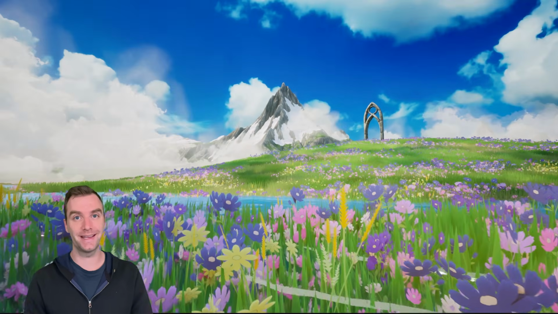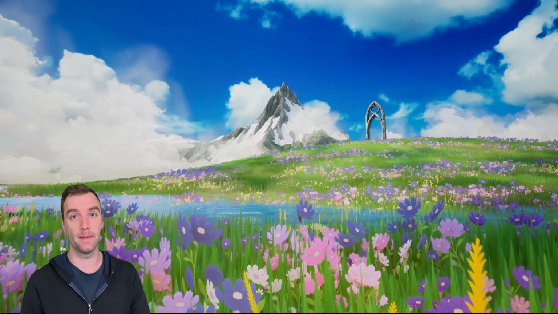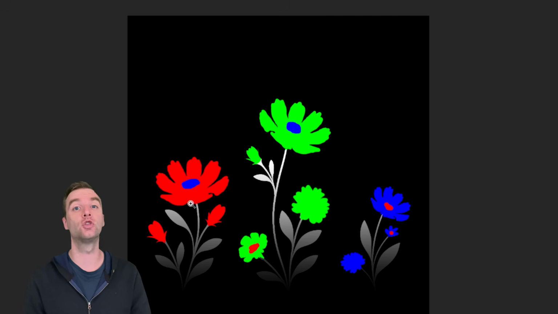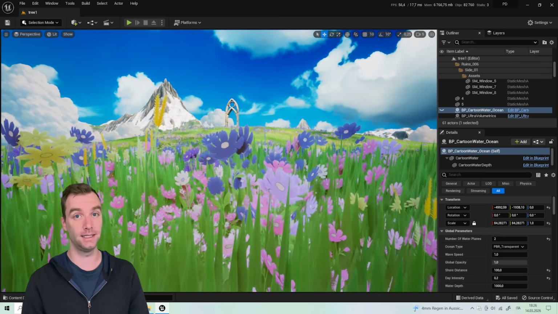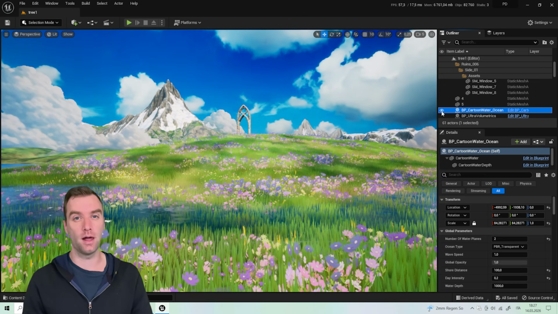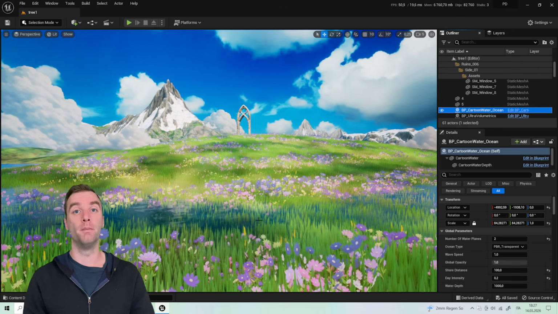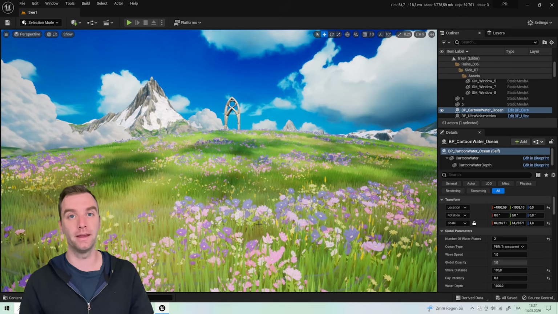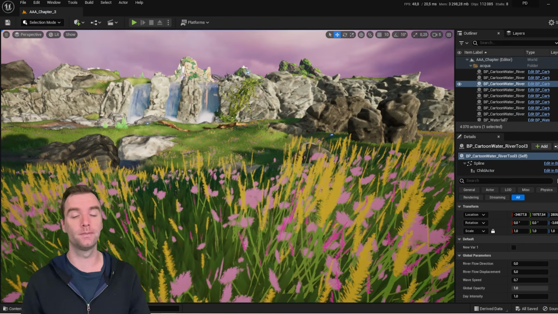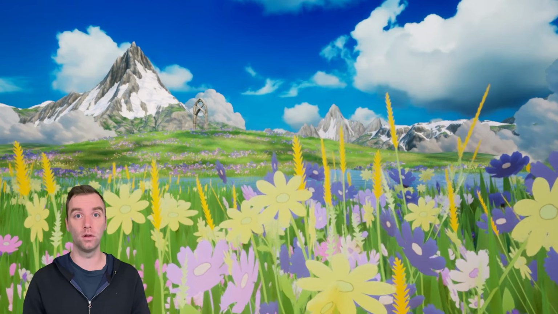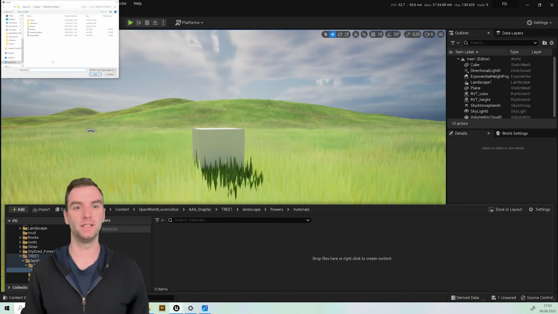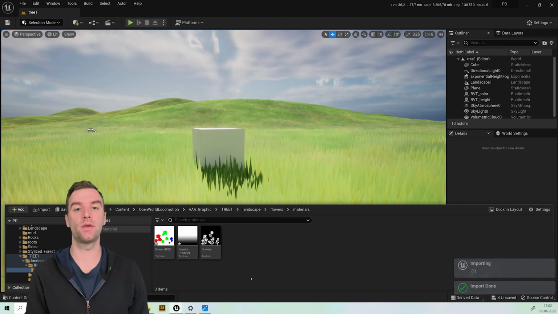We are going to break it down into 3 main steps. How simple the shapes can actually be, how choosing the right color can completely change the feeling of a scene, and why the way you place the flowers in the environment matters much more than most people think. Once you understand these 3 things, creating stylized flowers becomes surprisingly easy and, most of all, fast. Let's go. Alright, just drag the 3 files into your project, and these 3 images are just the shapes of